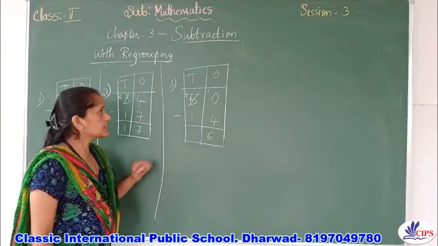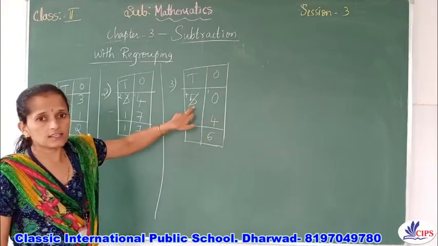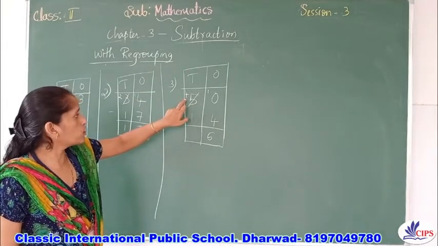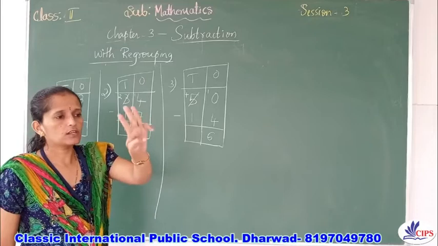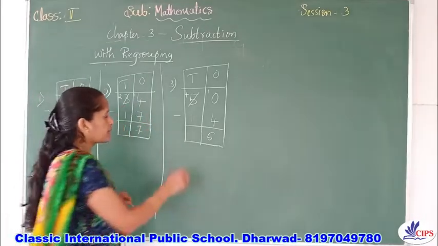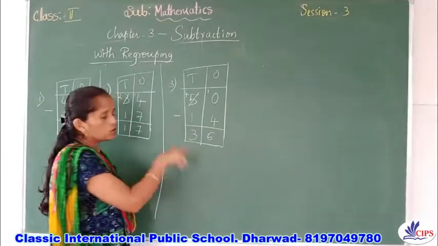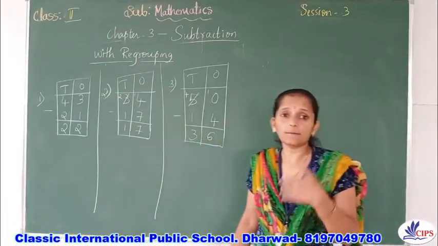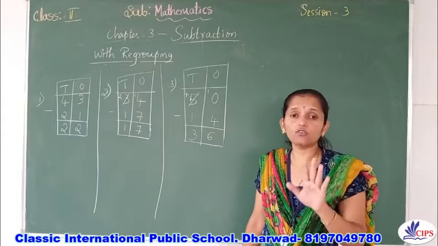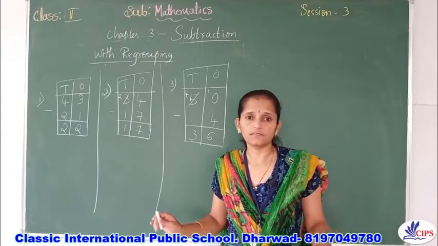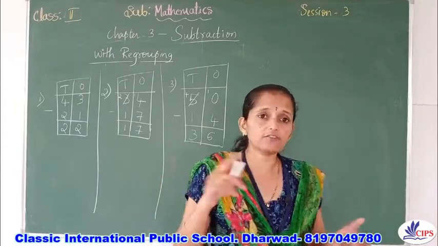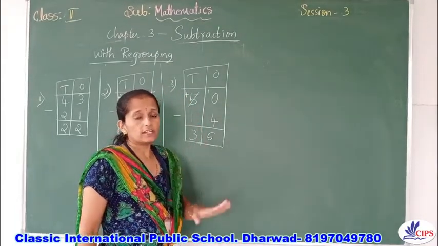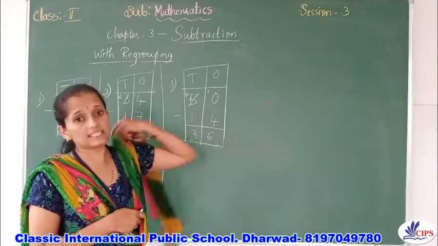6. I got 6. Now when I already crossed out here, 4 is there. You have to consider this number. 4 minus 1, that is 3. See, this method you have in your textbook. If your parents teach you some other method, that also you can follow. No issues. If you understand any of the methods of subtraction, you can do it. Do whichever you feel easy.